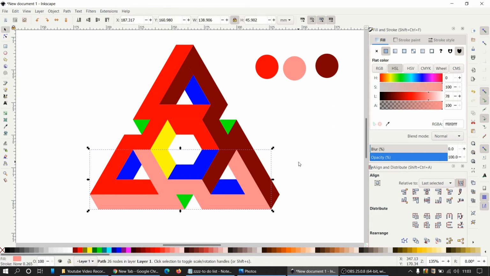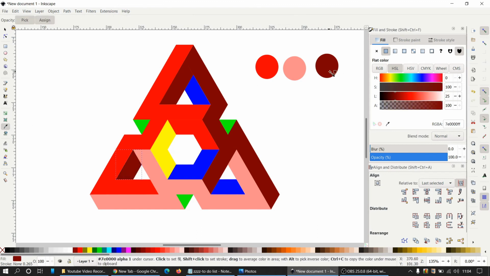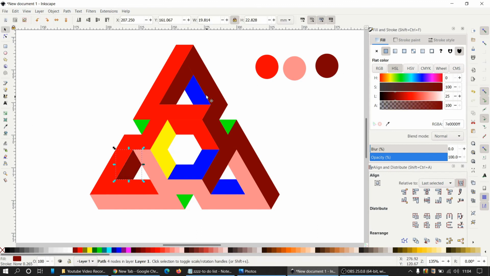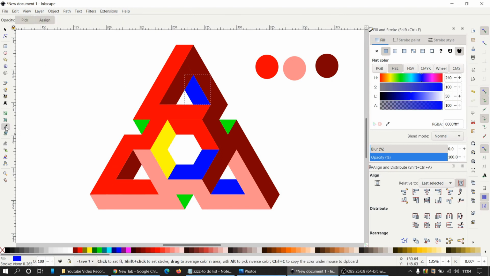Okay, now select this, again click on color picker, click on this, select this part, this piece, again color picker and